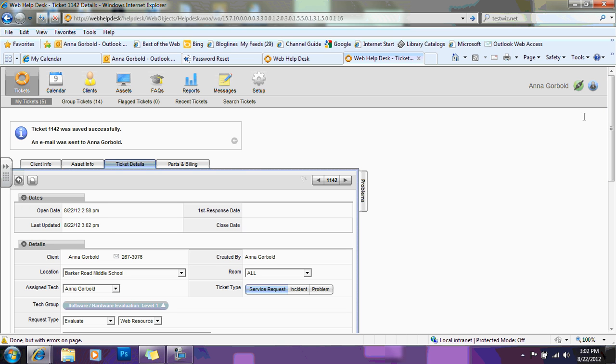Now, if at this point you want to go and check your tickets, there's a couple of different things you can do. Or let's just say you need to put another ticket in. Because you are on the web, it's going to be very tempting for you to say, how do I go back? And your first inclination will be to go and hit the back arrow, which is over here. I'm not going to press it. That is a big no-no. Don't press the back arrow on the browser. What you do want to do,